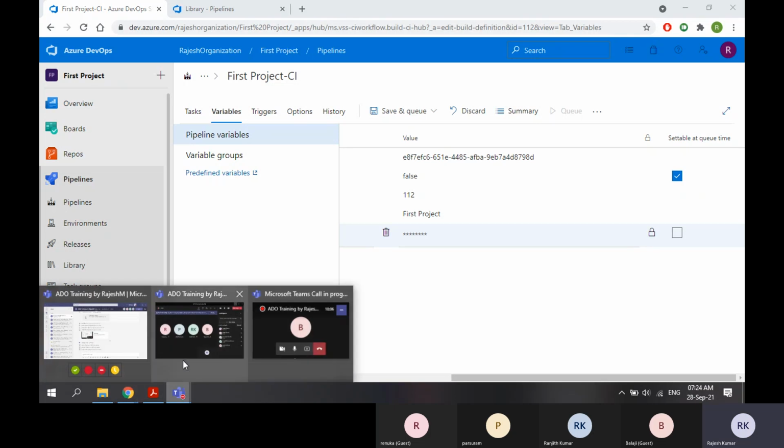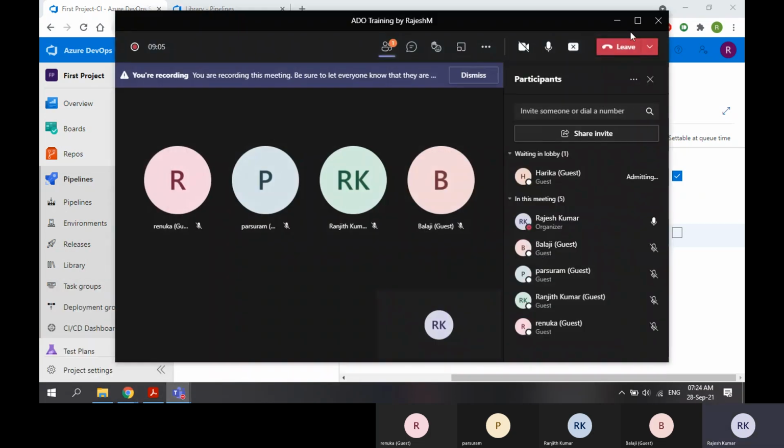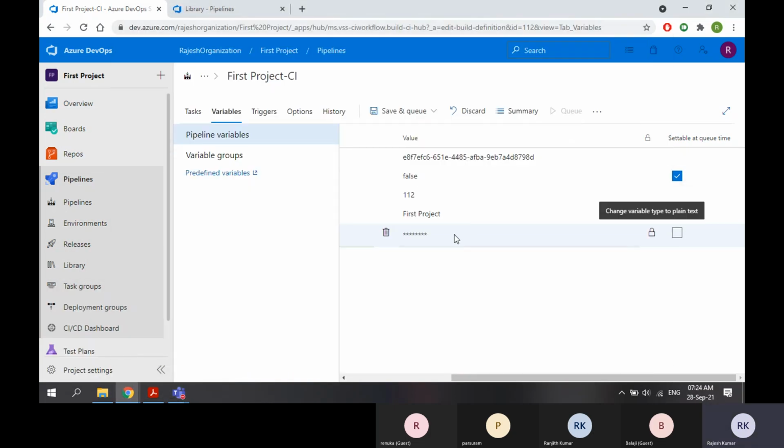But still they are open. So your administrator or your reporting manager can go to this pipeline, they can unlock and they can see your